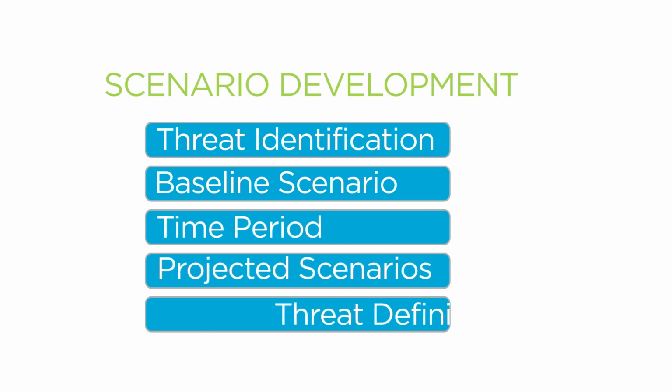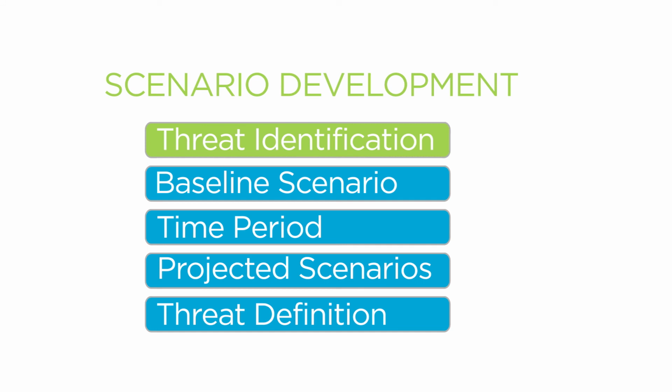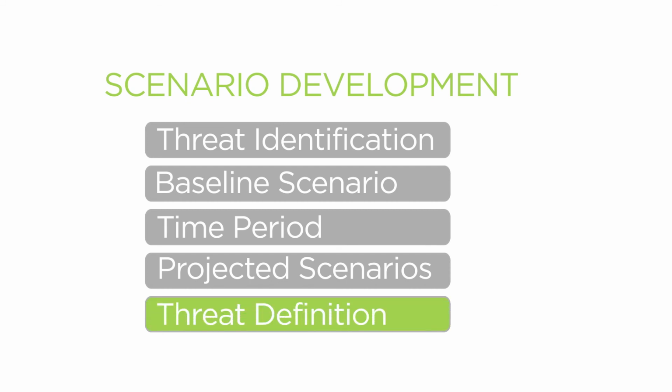In CREAT's Scenario Development module, you will develop climate scenarios in 5 logical steps. First, you identify the threats that you want to consider during your risk assessment. Next, you define a baseline scenario to understand your current risk from threats. Then, you consider your future time period or planning horizon. Based on that time period, you design additional scenarios of projected changes in future climate. Finally, based on the climate data that you used in your scenarios, you develop specific definitions for your threats. By following these steps, you will learn how to consider threats and their impact on your utility both today and